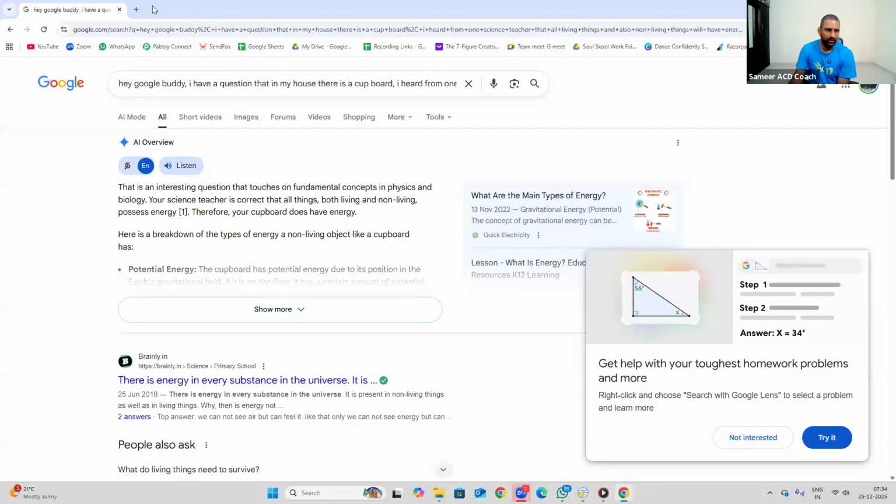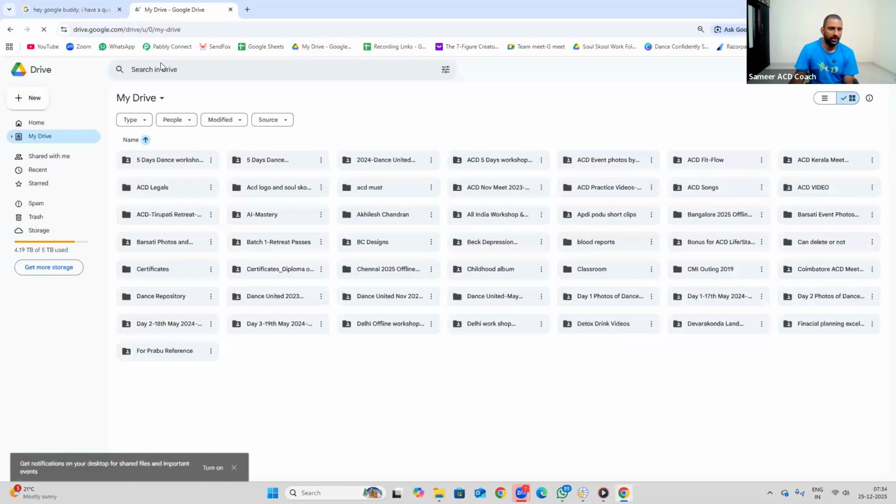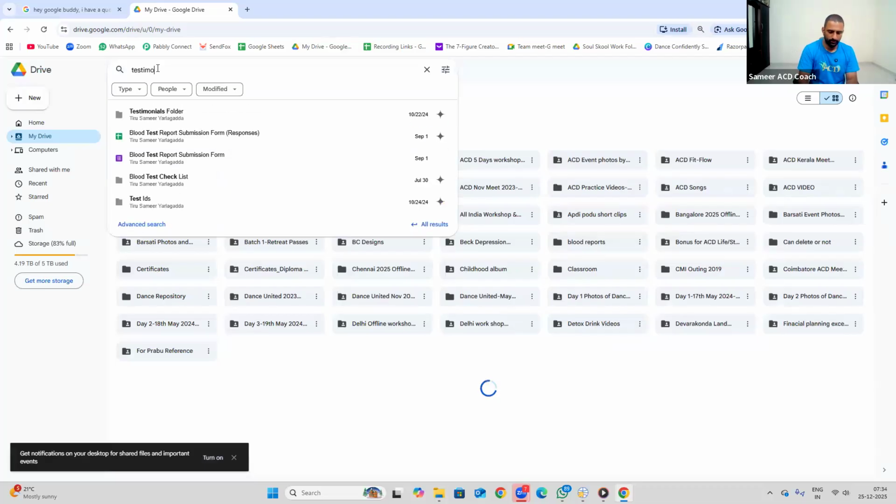From COVID, these people have so many issues like diabetes, thyroid, especially the ladies, premenopausal, menopausal, postmenopausal issues, sciatica, spondylitis, arthritis. Dance started showing magic on their bodies. So I started collecting this kind of testimonials. Let me show you. Today Prabhu will be sharing this particular folder with you.